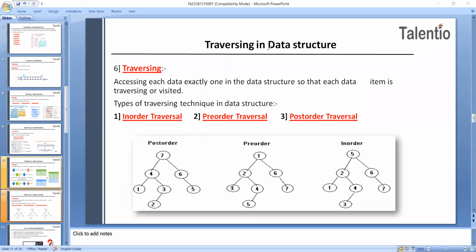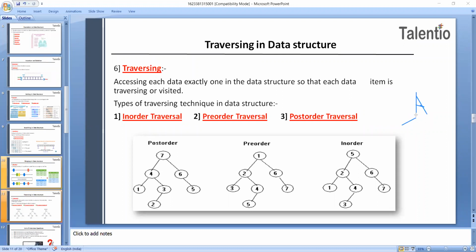I'll draw something here. See now, this will be your A value.